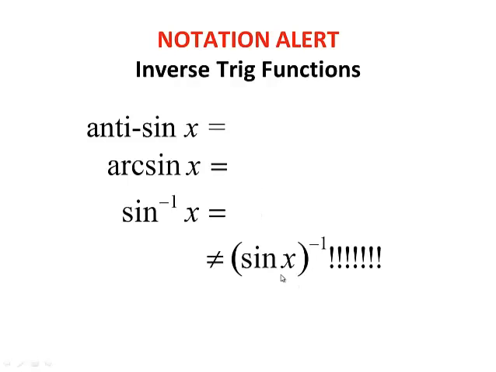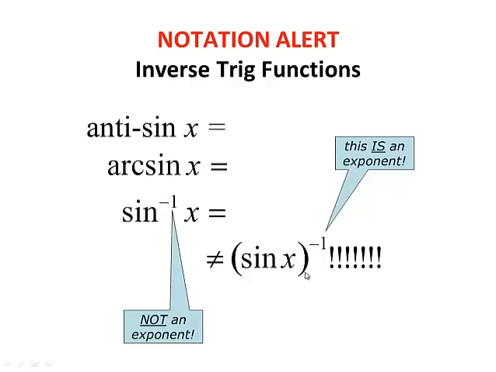Now, make sure you understand that that is not the reciprocal. This tells you to take the reciprocal sine, and the reciprocal of sine is the cosecant. These are not cosecant. On your calculator, it's a big deal. So this is not an exponent. This gives you the inverse, while this is an exponent, okay? So sine inverse is not going to be